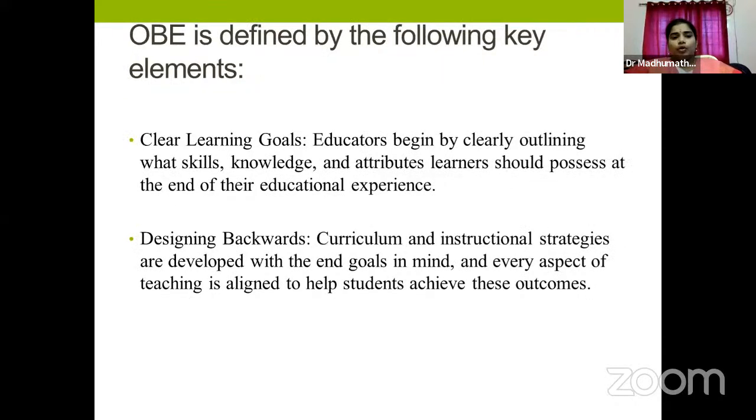So keeping that in view, outcome-based education can be defined with certain metrics. Like, first is clear learning goals. Educators begin